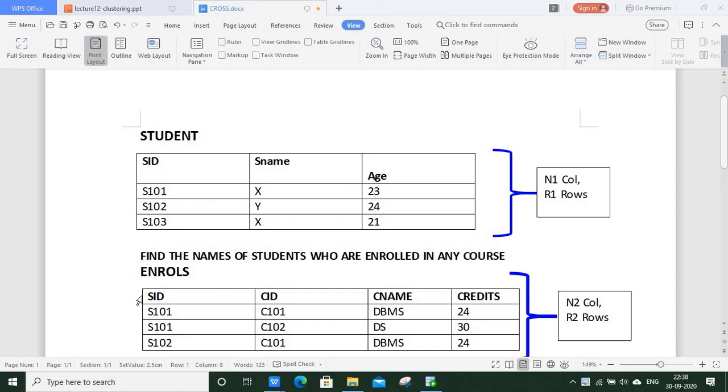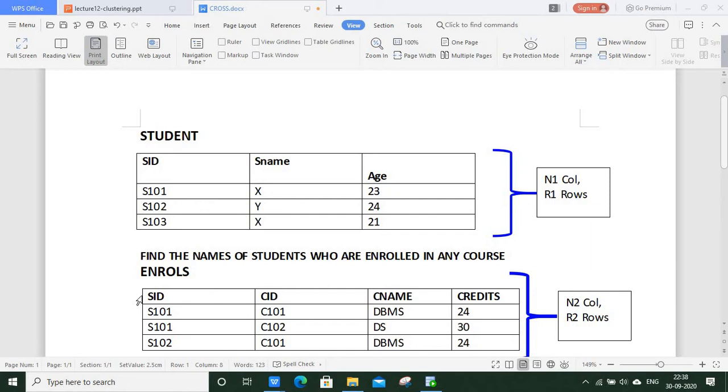Welcome to this video. In this tutorial I will be taking a new operation in SQL, that is cross join or the cross product. That is a very basic and very important operation in SQL, and it is also a basic operation for all the other remaining joins in SQL. The first thing is: why do we need a join operation in SQL, or what are the circumstances where we need to apply join operations?